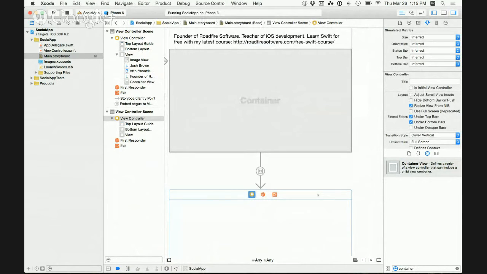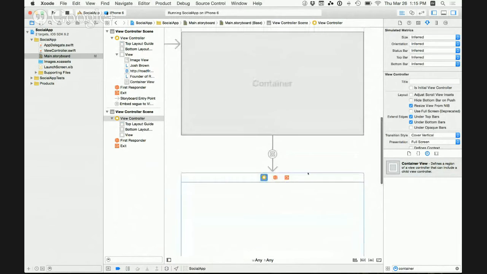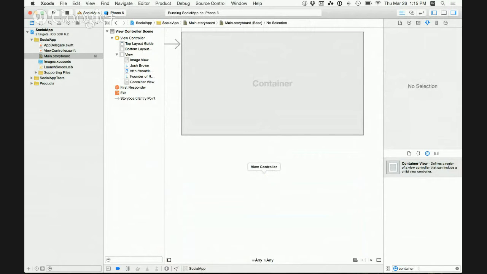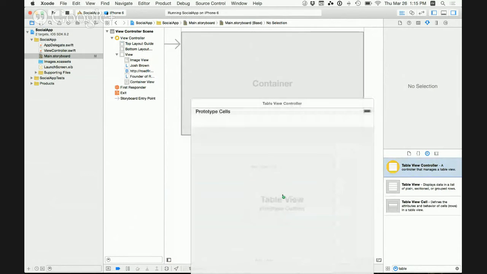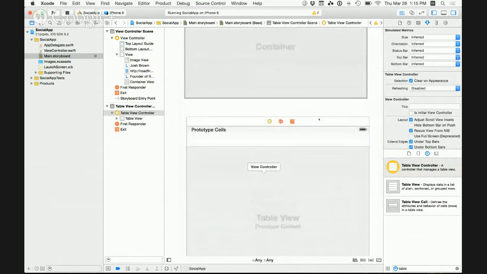And I don't know of any way to change this to a table view controller. So if you're going to have a table view controller, the best thing to do is to just select that view controller and then hit delete and find a table view controller. Okay, so grab a table view controller, drag it onto the screen,